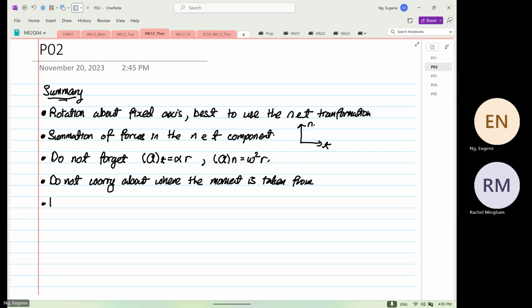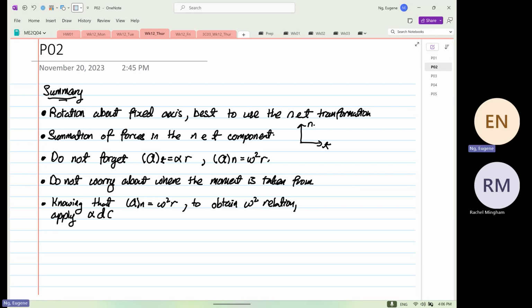So knowing that AN is equal to omega squared R, to obtain the omega squared relationship, we need to apply alpha d theta is equal to omega d omega. Yes or no? That's the last step we have done, right? Then the next thing that we know,